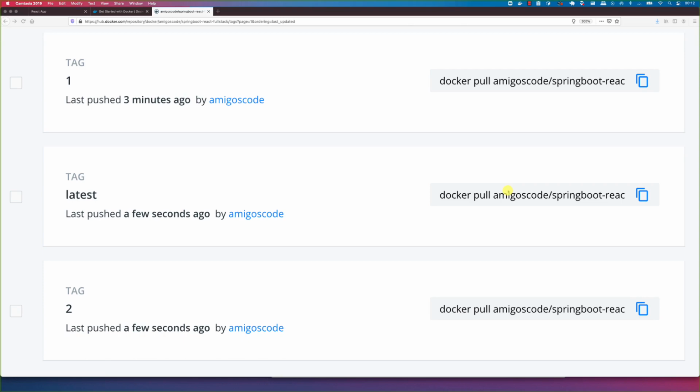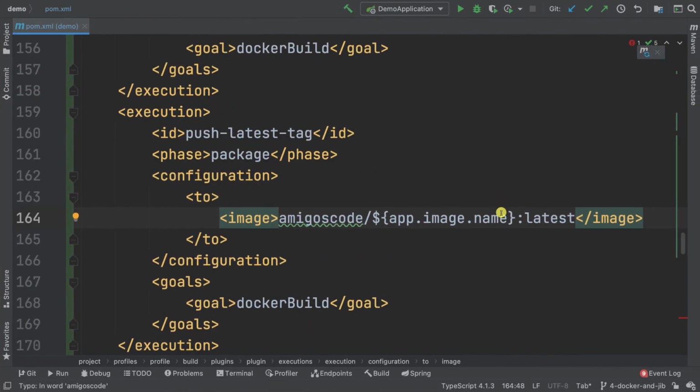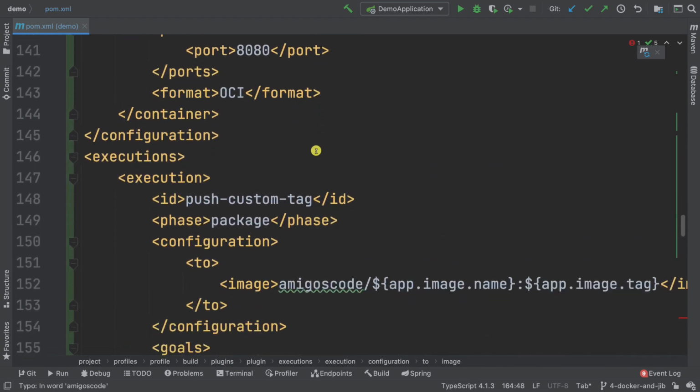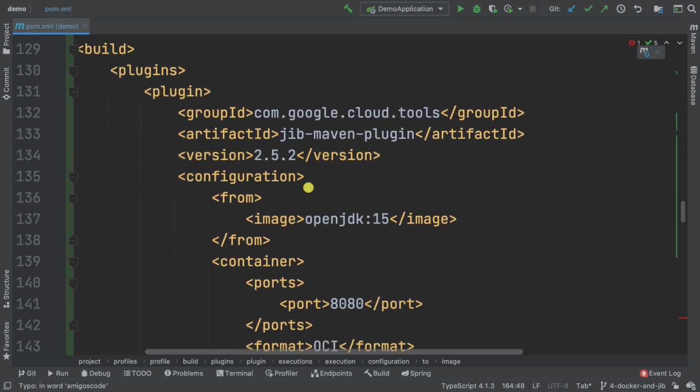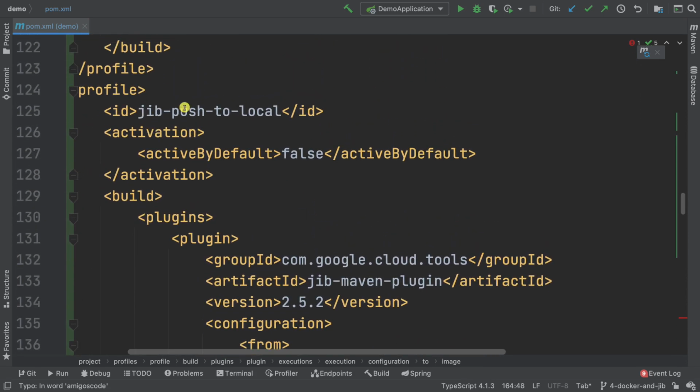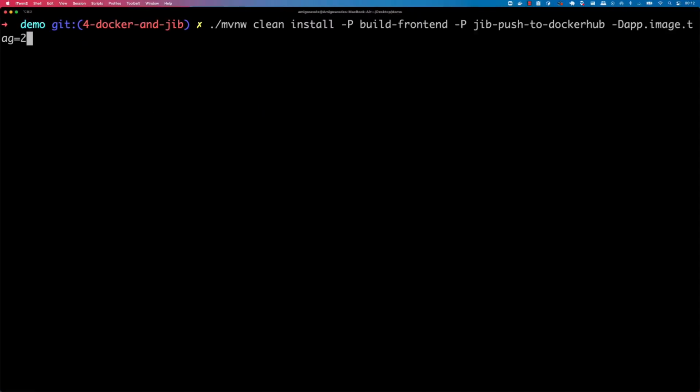And finally, let's go back to the terminal, and in here we have, basically, this here, jib push to local. So let's also run that. So I'm going to press the up arrow, and here I'm going to not run push to Docker, but I want to say push to local. And we could basically push to both Docker and local, but you get the point. And also make sure that the Docker daemon is running. So if I press enter,